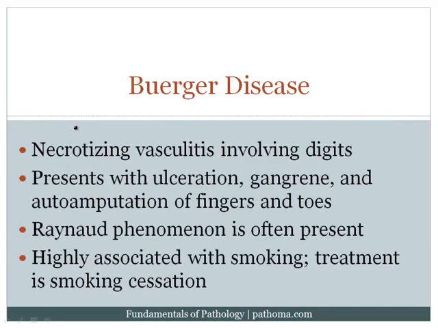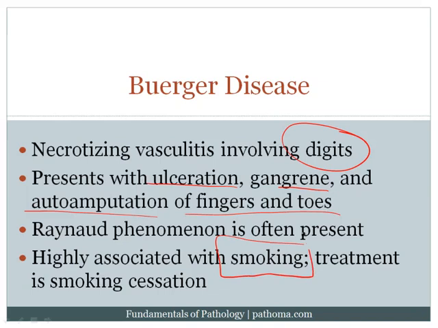This is a necrotizing vasculitis that involves the digits. So you're classically going to see ulceration, gangrene, and autoamputation of the fingers and the toes. What's very important about this disease, and perhaps the highest yield, is that it is basically associated with smoking. It is a smoking disease, essentially. And the treatment would be to stop smoking. Now, of course, whatever damage has occurred is going to be permanent, but at least the disorder would no longer